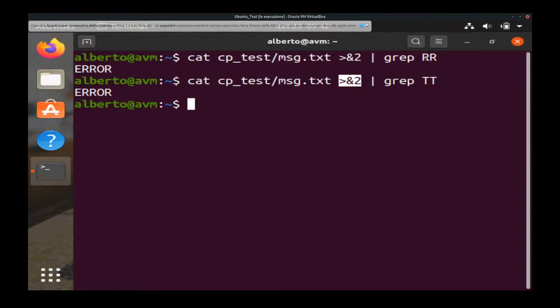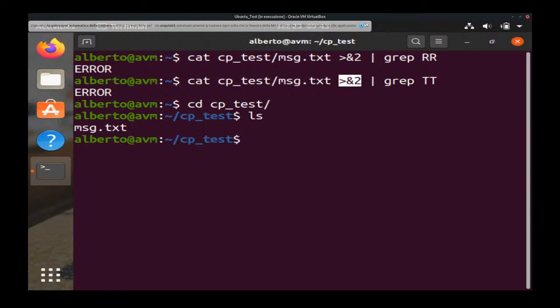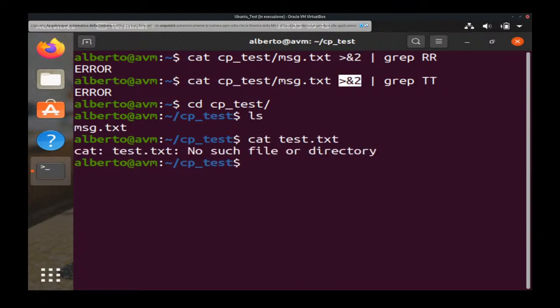Let me see. Okay, let me enter here and see what happens if I try to execute cat test.txt. I end up with an error message because the cp test directory does not contain any file named test.txt. Now let's try to